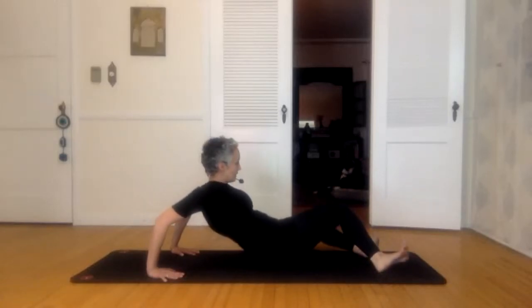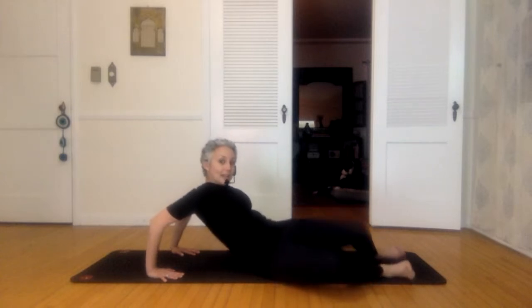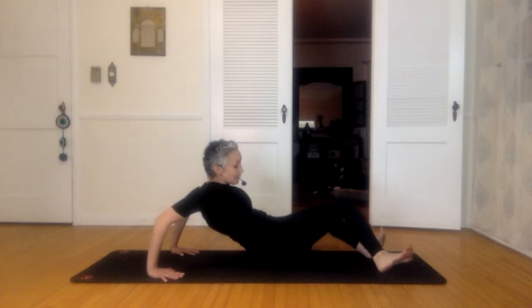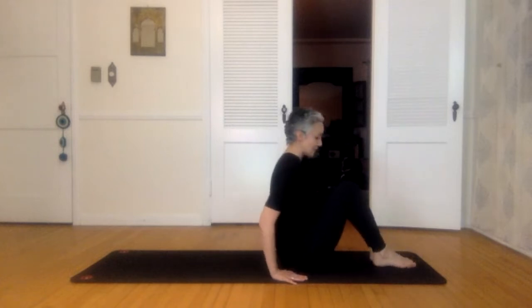And to the left. And one more full set like that. To the right. And to the left. And then bringing that back to center. Walk those hands up. And let's go ahead and walk the ankles and the knees together, starting to feel out